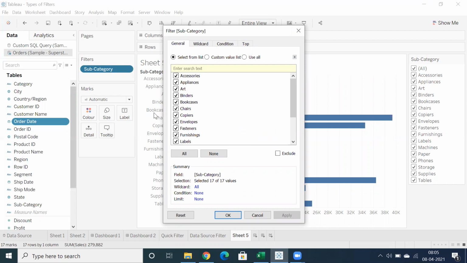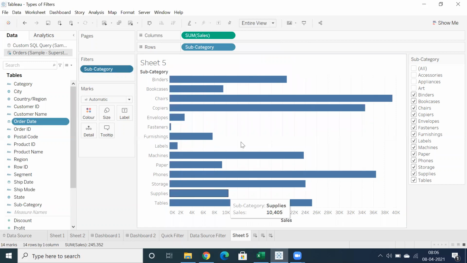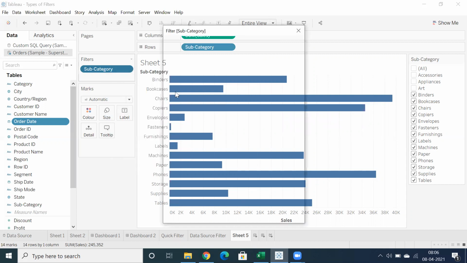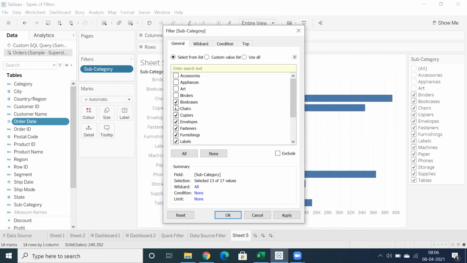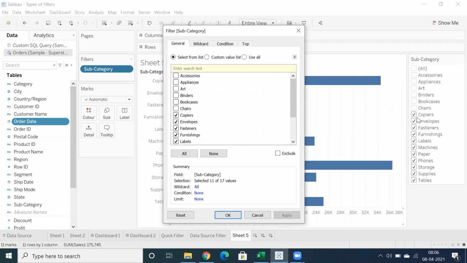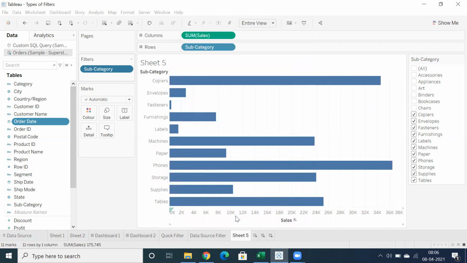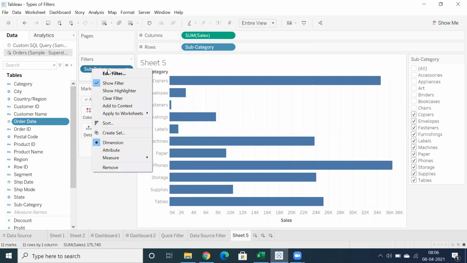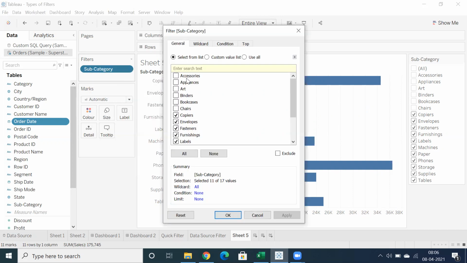So when you unselect some part of data, click OK. You can see I unselected accessories, appliances, art. Right click, edit filter. When you select binders, bookcases, shades, click apply. This is also reflecting in the quick filter, right? So you can edit the filter here.